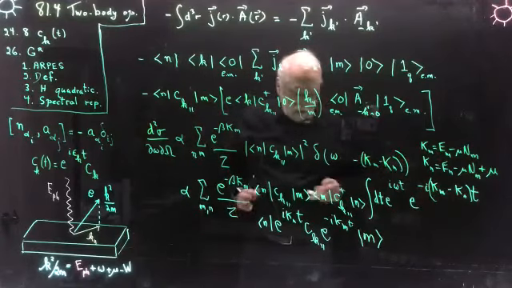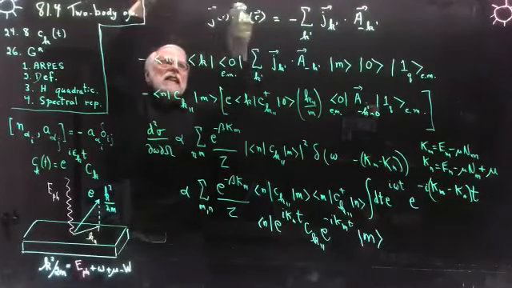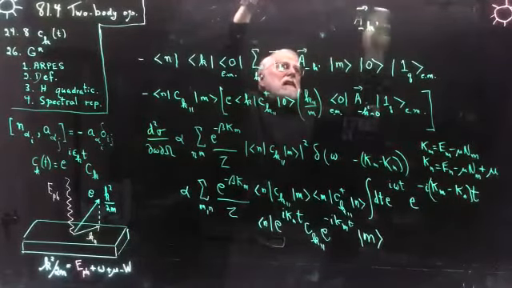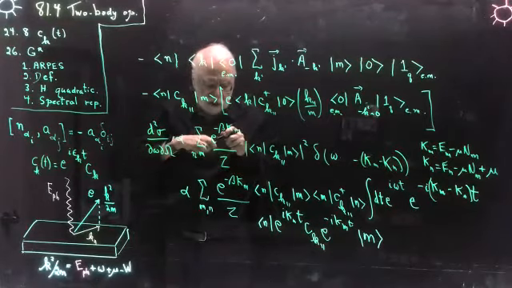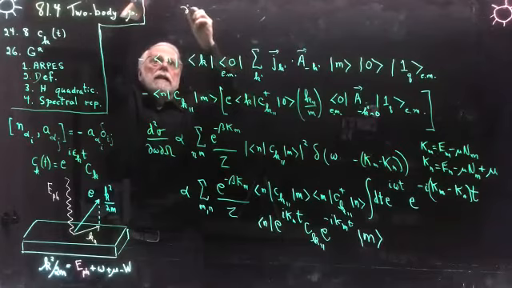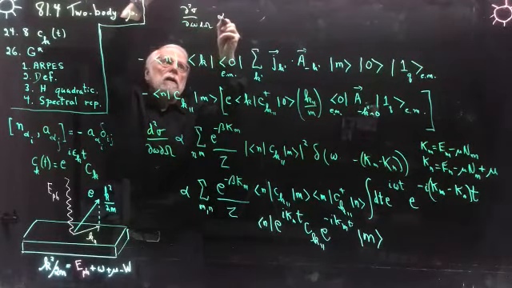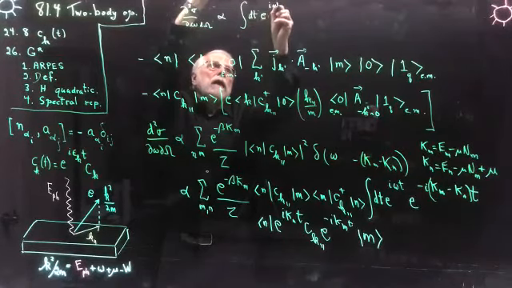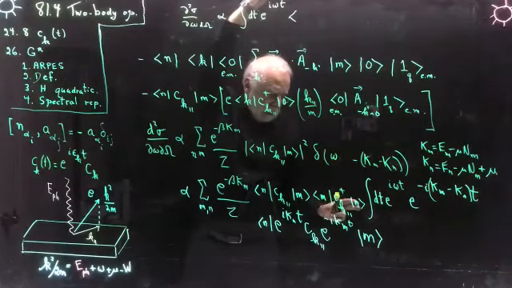You see what I'm doing? So this I want to take here. So the final result then is that this differential cross section is proportional to the integral dt e to the i omega t times the thermal expectation value of, okay, this I can put here